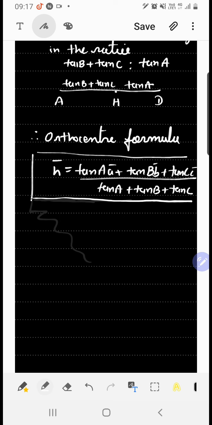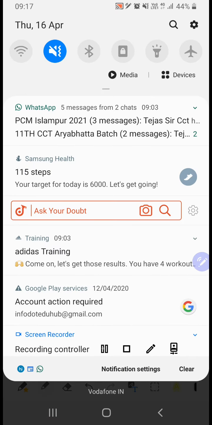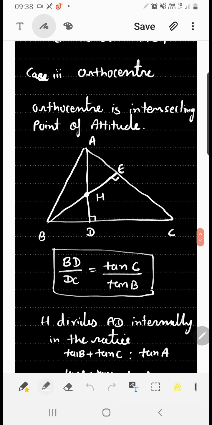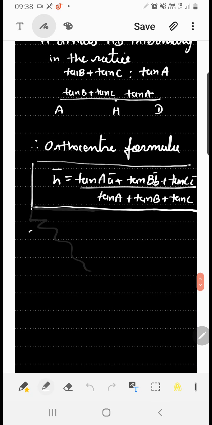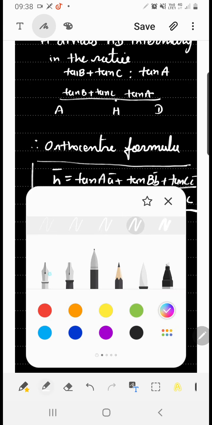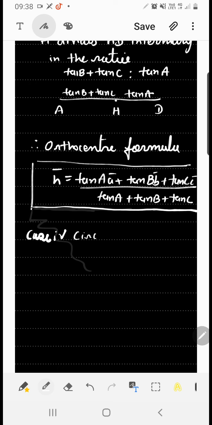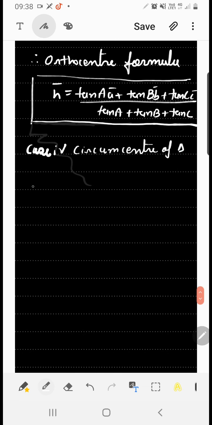So here we got the orthocentre formula. Okay, fine. Now, the next thing we study is the circumcentre. Okay, so case 4, we talk about the circumcentre of the triangle. Circumcentre of triangle. Now when we say circumcentre,